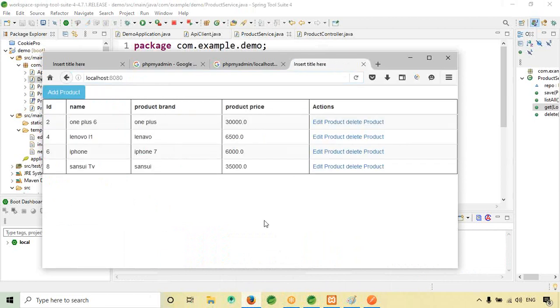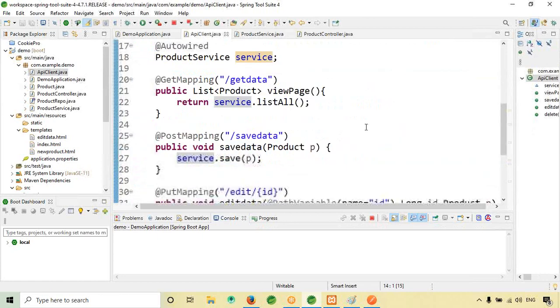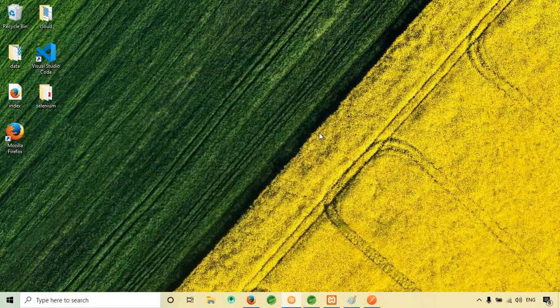Okay. So we'll add the Spring Security dependencies in our project, and I will also teach you how to define the roles. If you define user roles or admin roles, you have to go to the particular pages. So we'll do that. So that's all I have for you today, and tomorrow we'll be working on Spring Security.